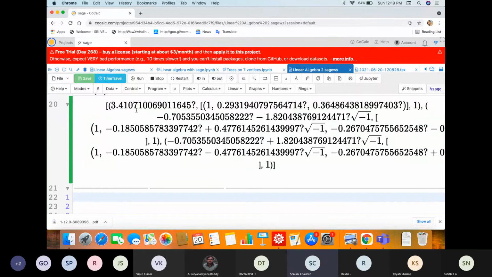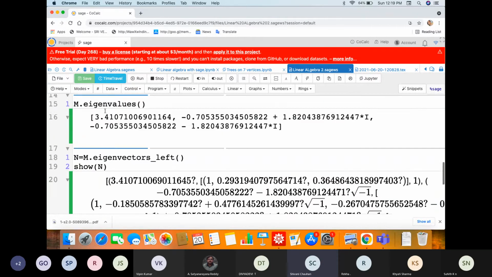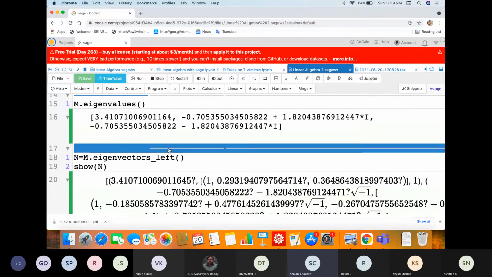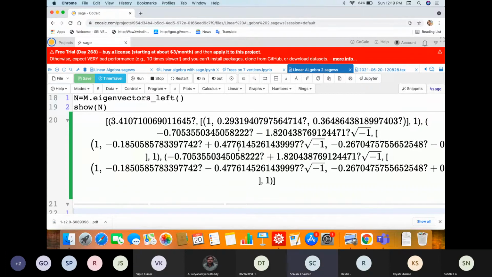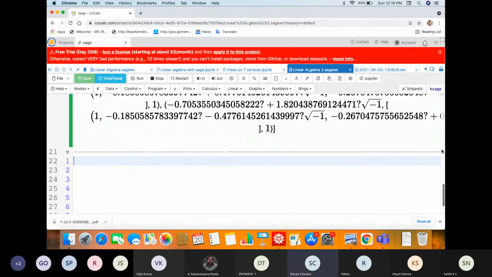This is the eigenvalue. We have already seen that these are the eigenvalues. Then this is the eigenvector corresponding to it. And this is the algebraic multiplicity. And similarly, this is the eigenvalue, eigenvector and multiplicity.